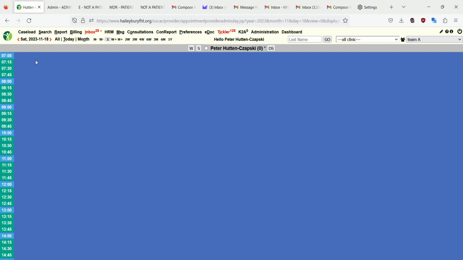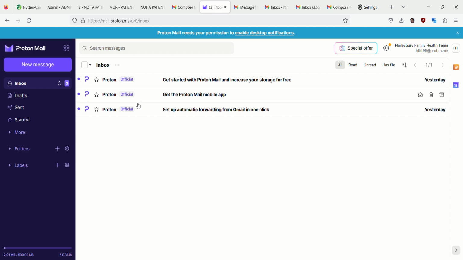So let's start. I'm actually not going to start with Oscar right now. I'm going to start with Proton. So we've registered for an account with Proton. We have a brand new account. We log into it. And here we go. It's pretty empty with some pretty official Proton welcoming